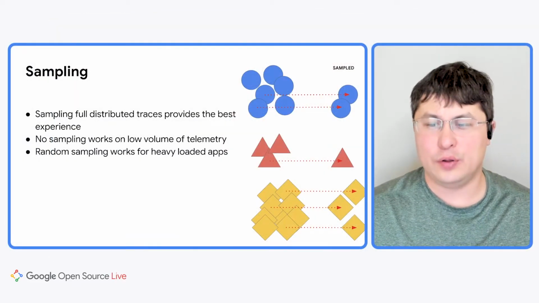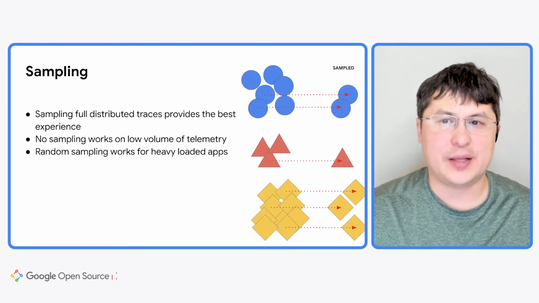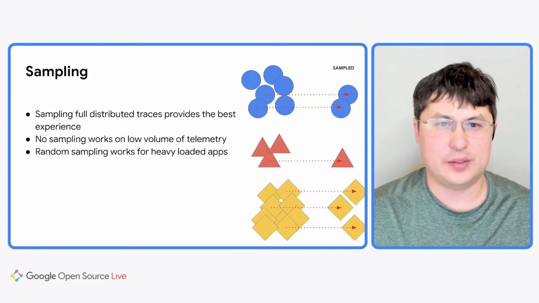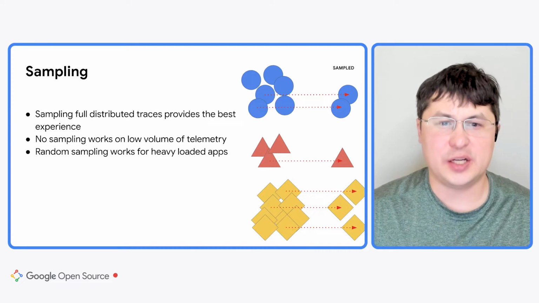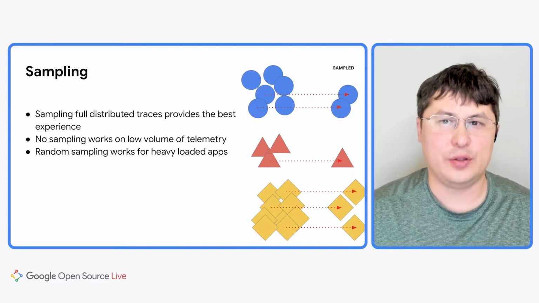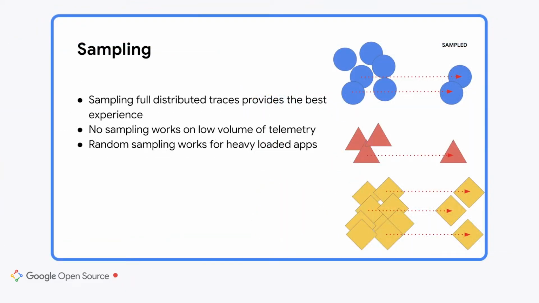If you have low volume request application, you may collect information about every single span. That's not too much information to collect. But if application has very heavy load, you may need to start applying some sampling. Without tracing, the sampling would be inconsistent and you wouldn't be able to see how individual request was processed across multiple components. Now, when you have trace ID, you can sample whole traces together.